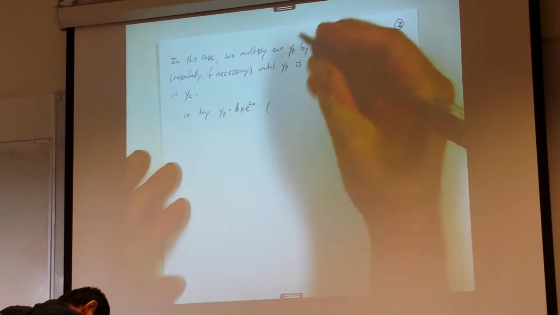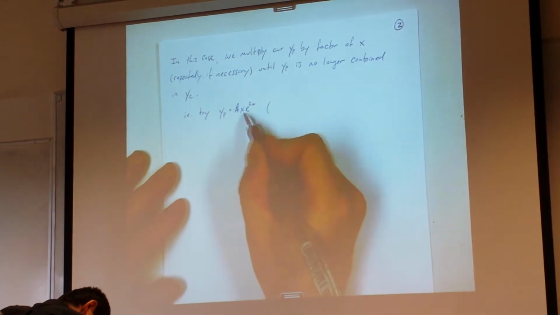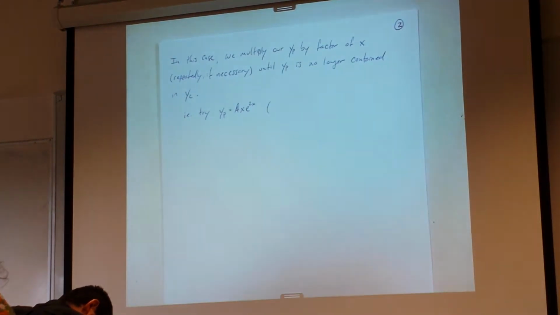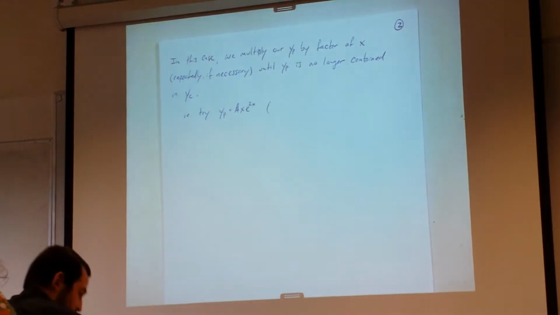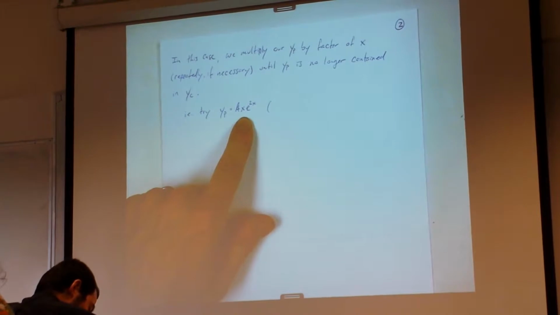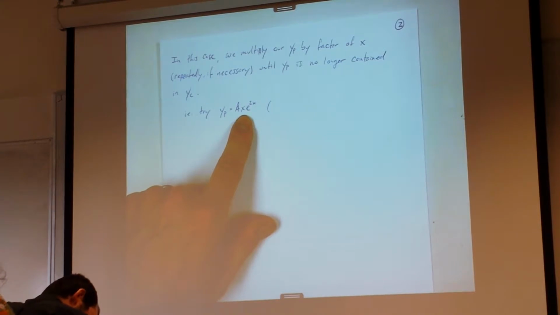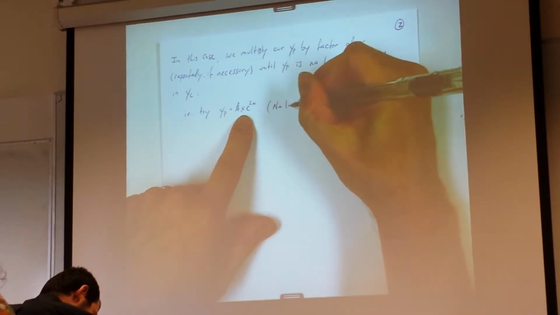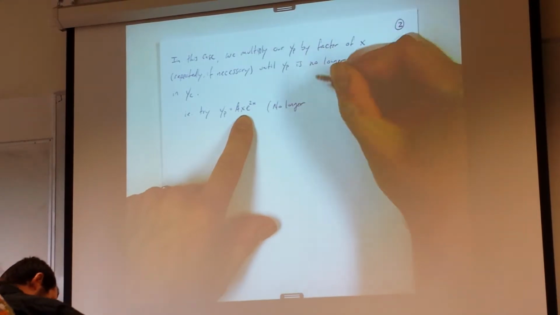And when we do this, if this is still a linear combination of the functions in the complementary solution, we multiply by another x, until this escapes the span of those functions, until this is no longer a linear combination of the functions in the complementary solution. So if a x e to the 2x somehow was contained by the homogeneous solution,